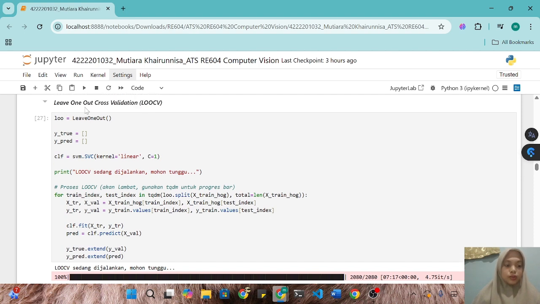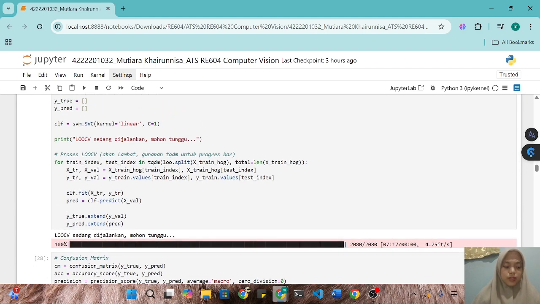After that, LOOCV, or leave-one-out cross validation, is a robust evaluation technique where we train on all samples except one, then test on the excluded one. This repeats for every sample. Although computationally expensive, it gives an unbiased estimate of model performance. In this project, LOOCV is applied on the training set using both default and best-found SVM parameters.